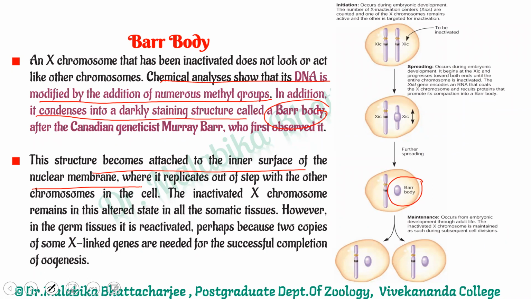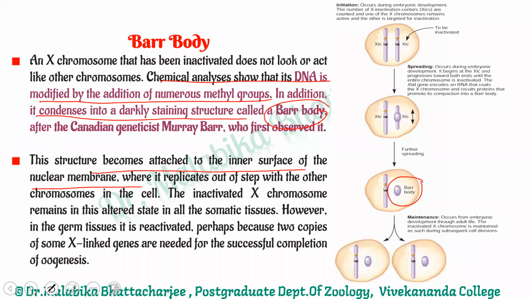When we started our class today, we saw that in case of humans, of the 2 X, 1 is inactivated, and 1 X is functional in females, 1 X is functional in males, so the dosage of X is compensated. But when we compared it with Drosophila, if you remember, Drosophila has 2 X chromosomes in female and 1 X in male. In Drosophila, dosage compensation occurs in the male, so the single X present in the male is hyperactivated.